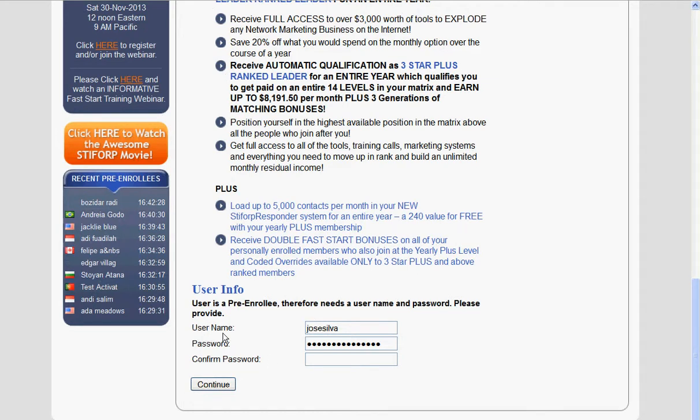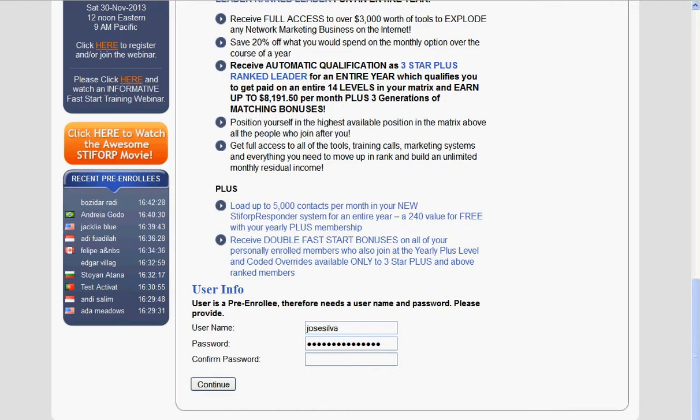In this step, you set a username and a password for your new paying member. Don't forget, after it's all done, you tell your new member to change this password fast.